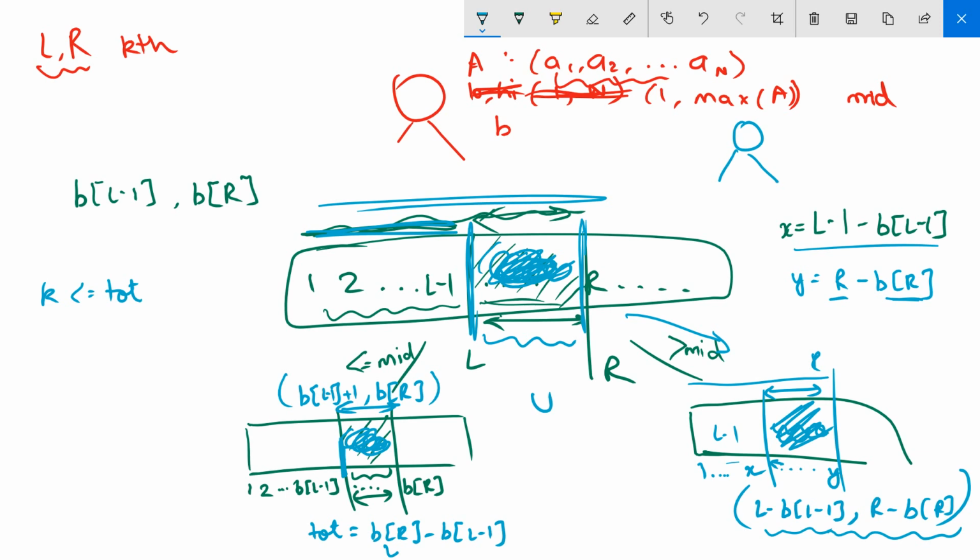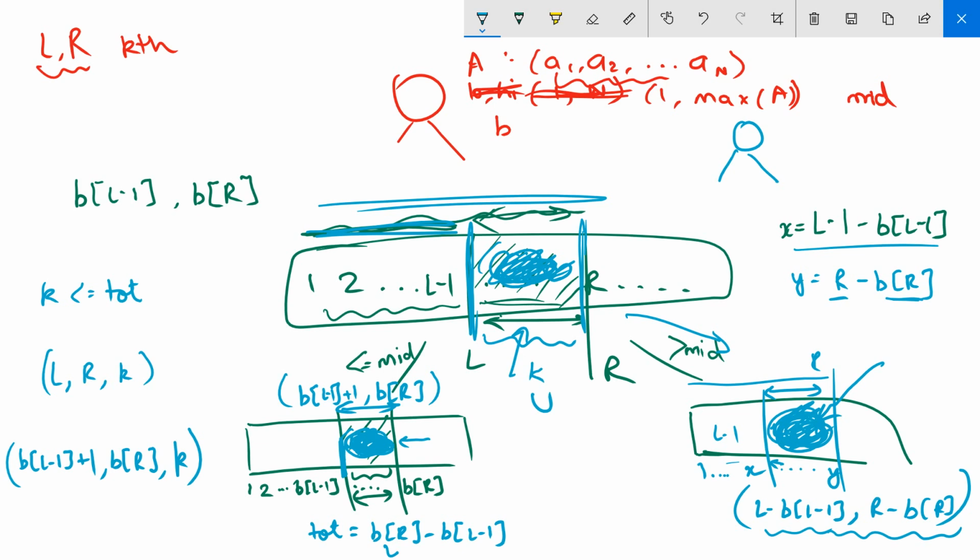So you find out we have to go left over here. Earlier it was L, R, K, but now L to R has mapped down to B[L minus 1] plus 1 to B[R]. And guys, you know that all the elements over here would be greater than all the elements over here, so the kth smallest in this would be the same as the kth smallest in this.